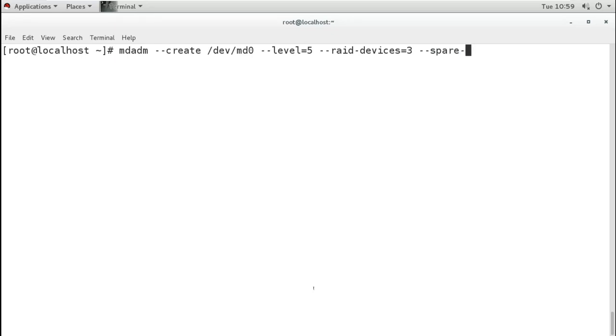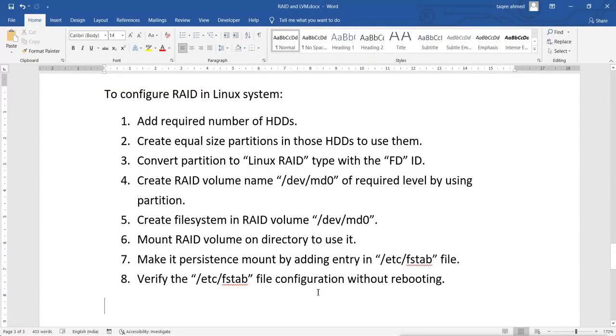So I say --spare-devices is equal to 1. Now after mentioning all this, what next? I will mention the names of the partitions which we want to use as RAID.